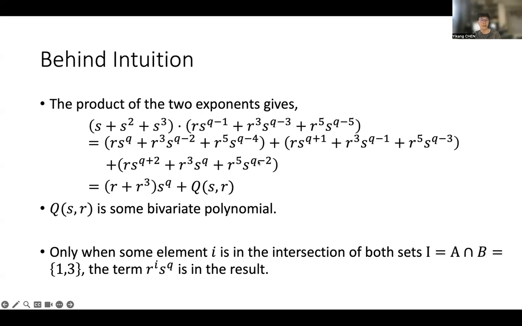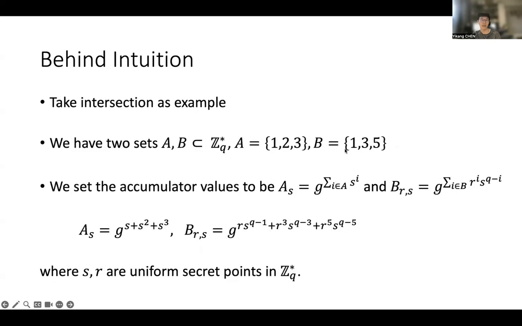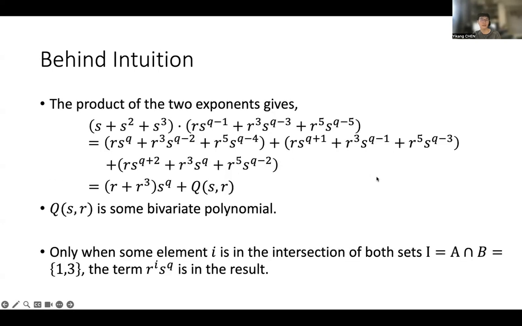After some computation, we will see that only when some element i is in the intersection of both sets, like 1 and 3, remember we have 1 and 3 in the intersection result of these two sets, the term r to the power of i times s to the power of q will be the result.